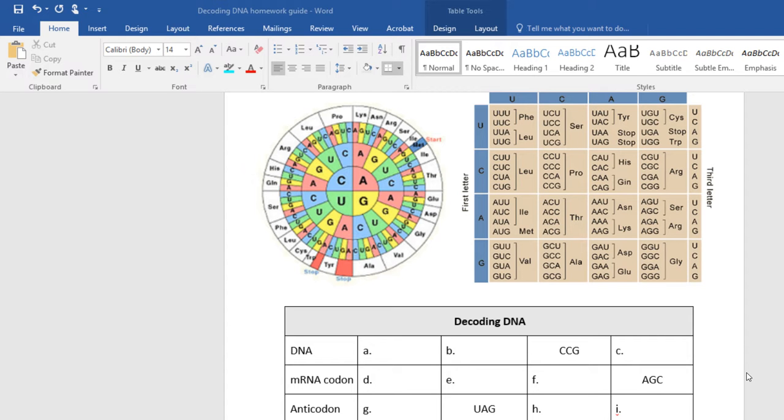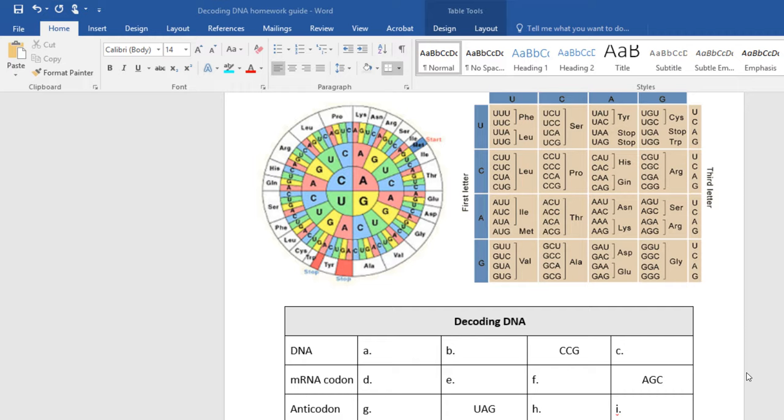Okay, so tonight you were assigned a homework assignment on decoding DNA. That is on page 33 in your packet. That is the first page 33 that you come to. Remember, this packet had an error in the numbering. So the first page 33 that you come to, the page before the snorks, is the page you should be